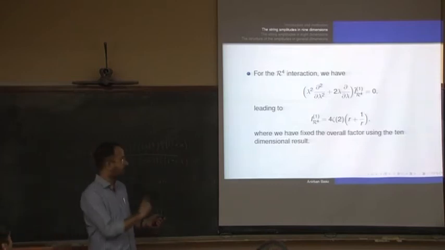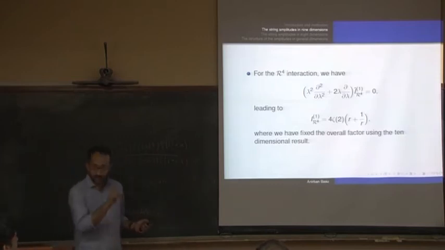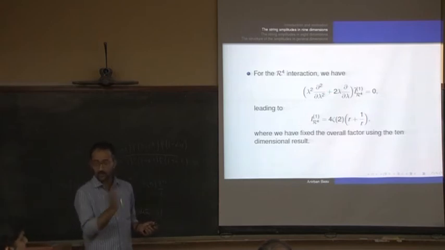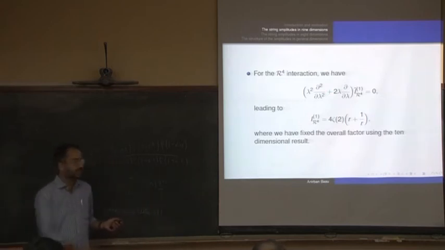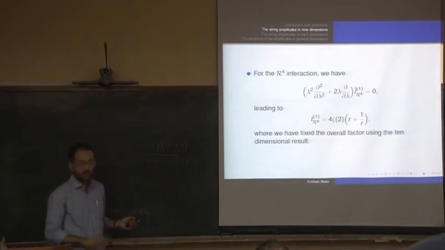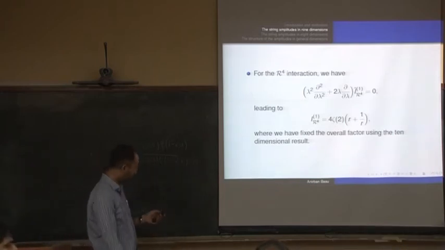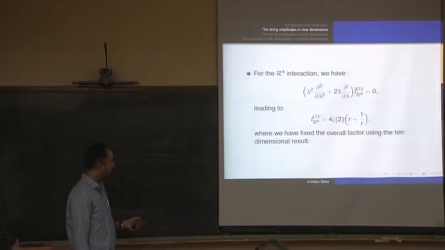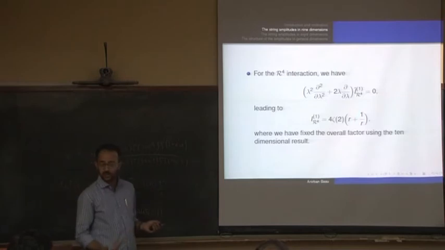Yeah, I'll come to that. So for R to the 4, this was 1 times the Laplacian. That's the boundary term. But I shall spend a lot of time telling you where the boundary terms come in. That's the difficult part. And I'm just telling you the answer here. And here you see, I use this perturbative equality to have this R plus 1 by R equality. And this overall coefficient is just fixed in the 10 dimensional theory.